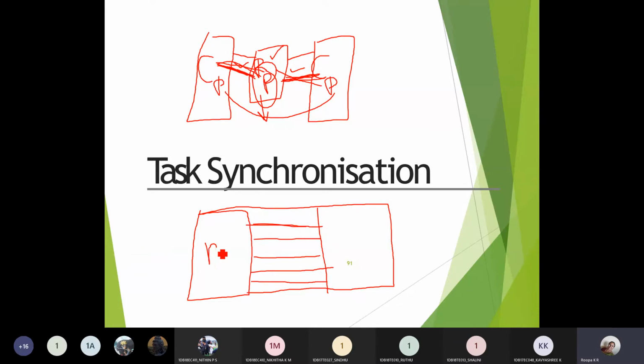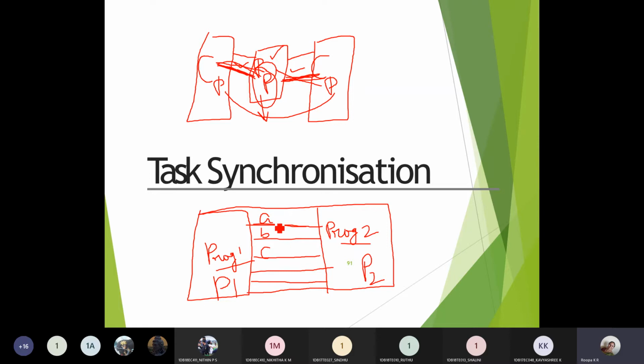Here I have a program 1, which I'm considering as process 1. And here I have one more program 2, which I'm considering as process 2. Now I have some variables A, B, C. All these variables A, B, C can be accessed by program 1 and program 2 as they lie in the shared memory area.